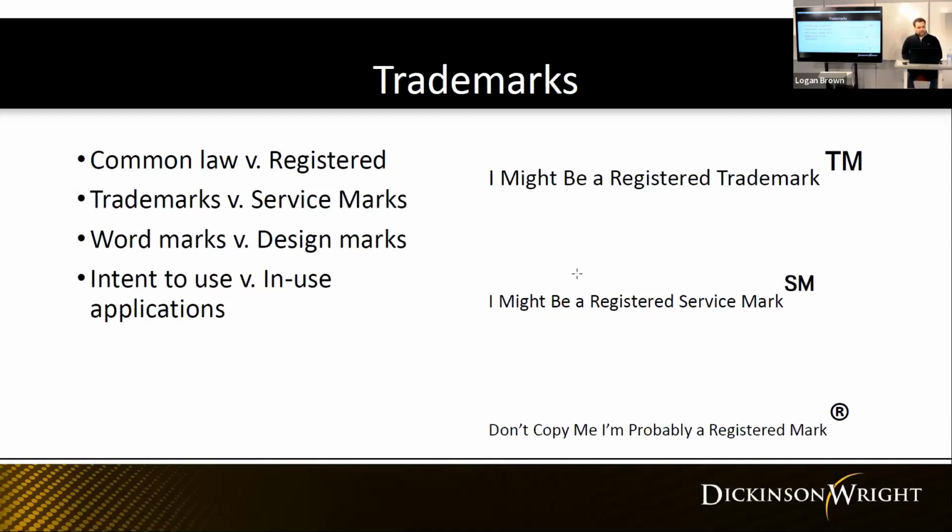So trademarks exist both as registered marks and common law marks. A registered mark is a mark that's been presented and disclosed, applied for at the USPTO, and the USPTO will issue you a certificate that gives you a registration number, that defines the scope of your use, the goods and services that you use that mark for, and the date when you first used it and when it was registered. Common law rights are unregistered rights with the USPTO. They are still enforceable. However, they are only enforceable on a much more limited scope.